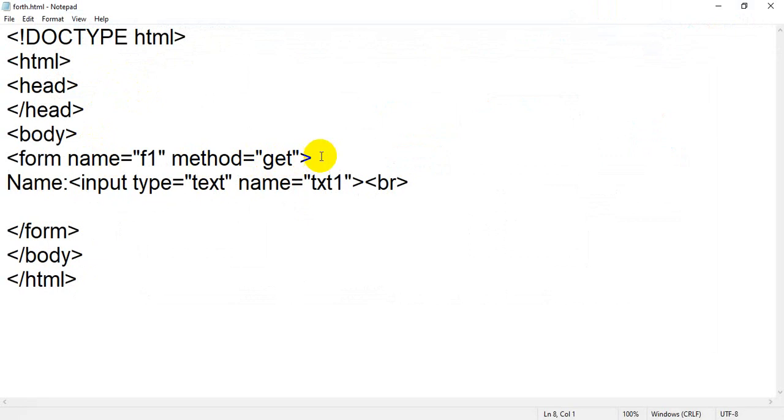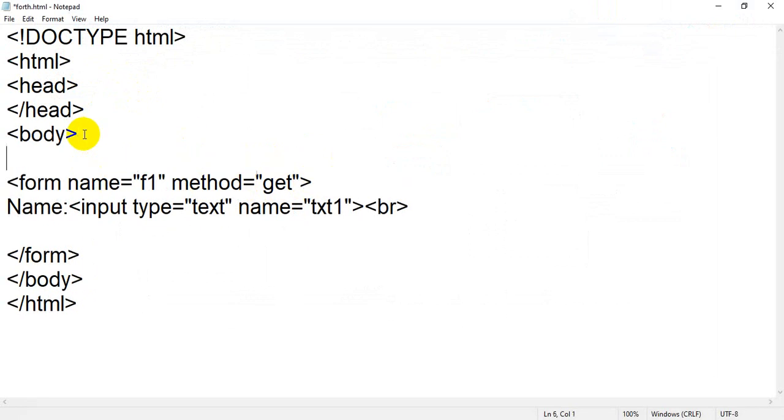So I'm going to make some more changes. I'm going to assign one heading, that is, I'm going to add h1, then closing h1. Tell me what is the use of h1, student. That is the first heading, the highest heading. So inside the heading I will write form and input tag. Okay, again I am going to assign one more tag, that is u tag. I'm going to close u tag.